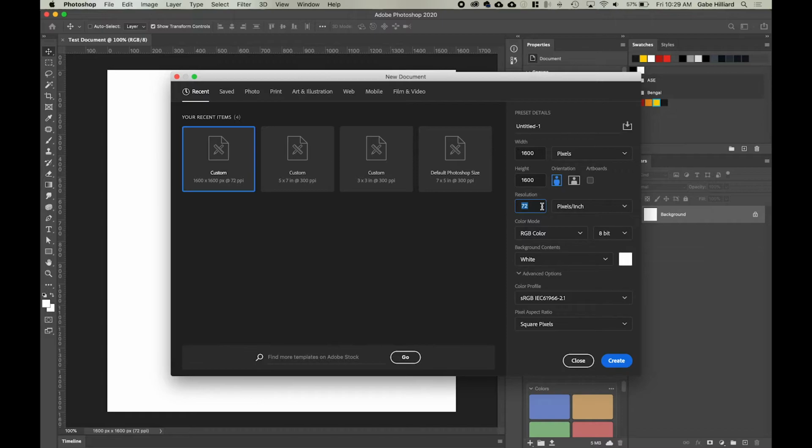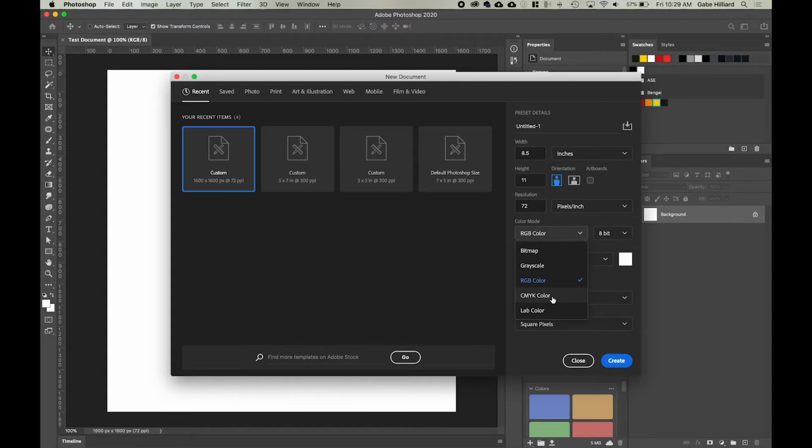But say we're going to do this for something that's printed instead. So now we're not worried about pixels. We need something to be inches because I need to know exactly how big it'll be whenever I print it. A standard size in America is 8.5 inches wide by 11 inches tall. That's a standard letter size piece of paper. And so because we are not using it for a screen, we're going to want to make sure we're on our